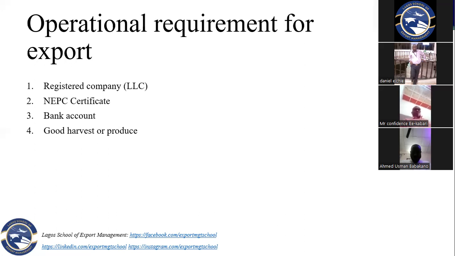Let's say your soybeans were planted on your farm today. You can start searching for buyers, people that can buy the commodity from you. So what you should be looking for is off-takers, foreign off-takers, not local off-takers now. Foreign off-takers that you can show that, oh, this is what is on my farm, 50 acres of soybeans, and all that. So these are very fast, or should I say short time-framed